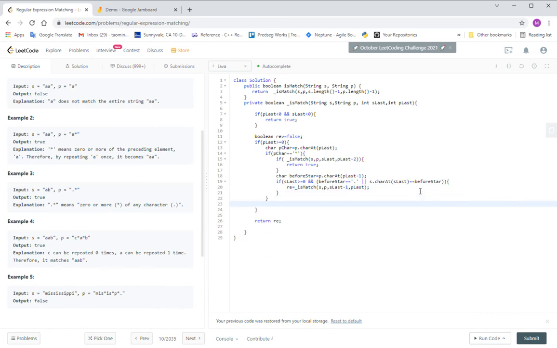If this one is not star, we need to check whether the letter from the pattern matches the letter from the string. So first we need to have this condition. So if